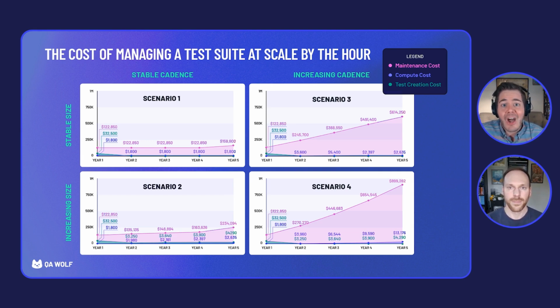But what if you're running hundreds of tests, like what Scott's got on the slide here, and they're running every single day? That's when this cost of test management is really going to get quite expensive pretty quickly, especially, again, going back to that 15% failure rate that Scott mentioned a moment ago. This could require pretty considerable maintenance or bug reporting time on any given test. So, Scott, like you said, if you're a company looking to expand the product roadmap over the next 1, 3, or 5 years, this is something you should be considering: